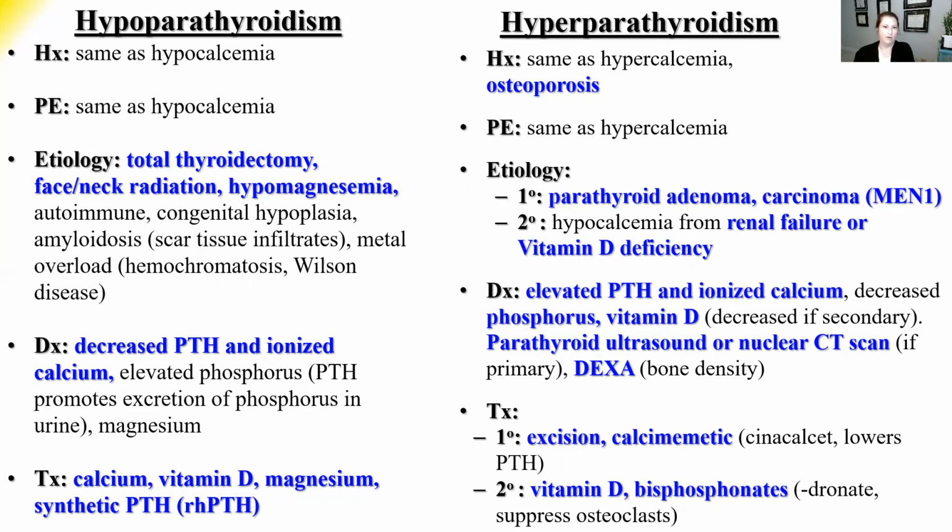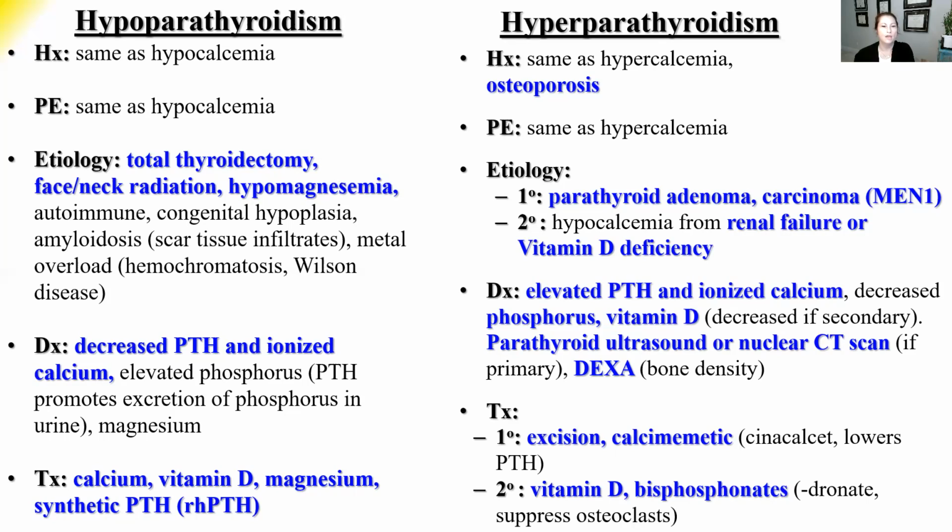In hyperparathyroidism, much more common. So same findings as hypercalcemia. They will also develop osteoporosis at an early age. Same physical exam findings as hypercalcemia. Primary hyperparathyroidism. Remember, primary is at the level of the gland. So it's a parathyroid adenoma, or it could be a carcinoma, very rarely, but associated with multiple endocrine neoplasia syndrome